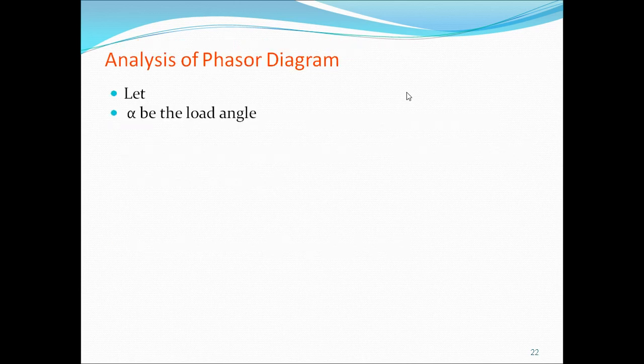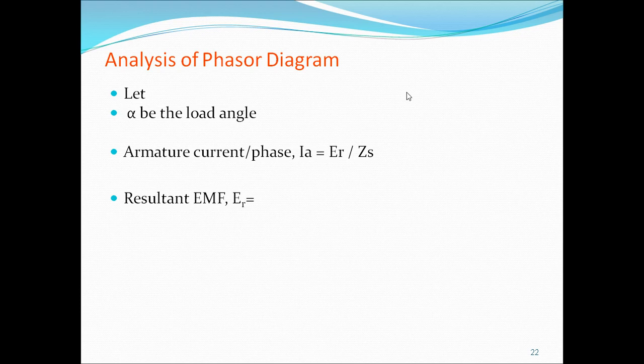Next one is analysis of the phasor diagram. What is alpha? Alpha is the load angle. And what is armature current? Armature current is equal to ER by ZS. So IA is the armature current, ER is the resultant EMF and ZS is the synchronous impedance, which is the combination of armature resistance and synchronous reactance, where resultant EMF ER